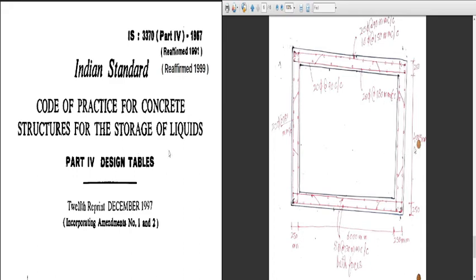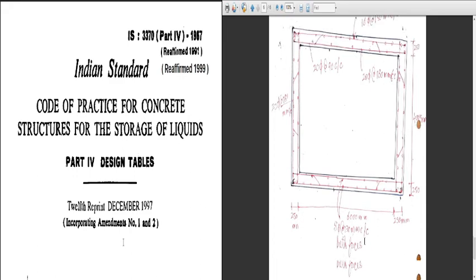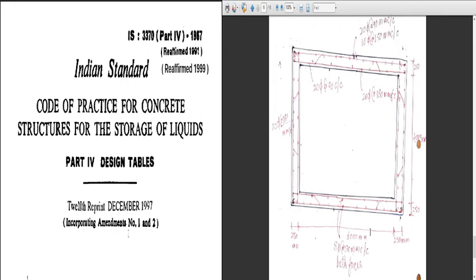So these are the dimensions. This is 4 meters. This is 6 meters. Then you can also see here we have provided 20 diameter bars at 180 center to center. Same here, on this side also. Here 8 diameter bars at 130 center to center on both the faces. The width or thickness of the wall was 250 on all the sides. This is very important in the detailing of reinforcement. So this is how it was detailed.